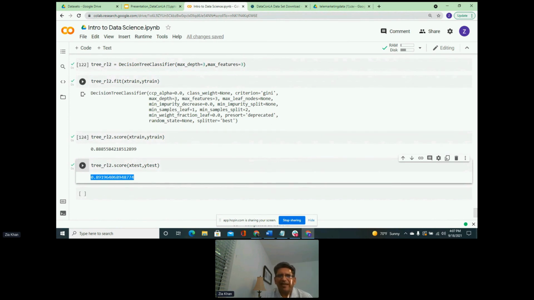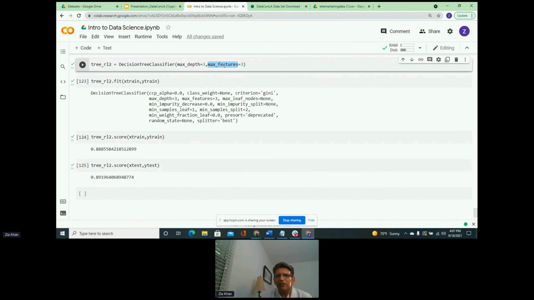So from that, what I gain is that this maximum features, in this situation, is not helping us reduce learning. Now, there are other things that you can do to reduce learning, but I think this is what I wanted to cover today, because this is, I believe, already a lot of information that I have thrown your way.